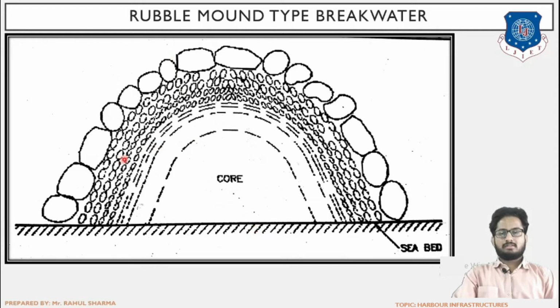So there are 3 layers. Topmost is the rubble of higher sizes, second is the rubble of lower sizes, and innermost is the core, which is constructed of soil. Here, the word mound has been used, which means to protect. This sketch represents that the core is being protected, so that is why the word mound has been used. Protection is given to the innermost part from being eroded, because if it is eroded, ultimately failure will occur. Due to that reason, the word mound has been used.